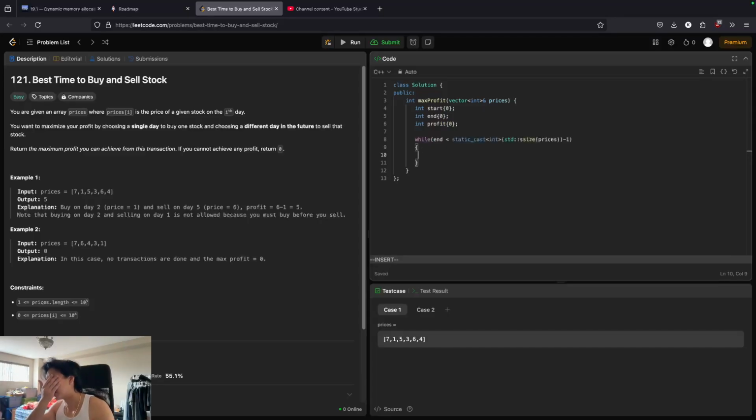So this is the thing, and now what are we gonna do? What we're gonna do is compare the price at the start with the end plus 1. Oh, I guess our end can start at 1, right? Because if we compare like this, if